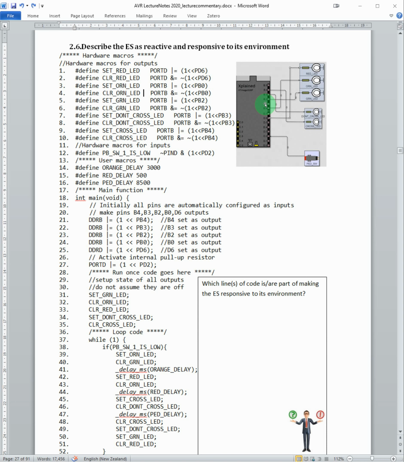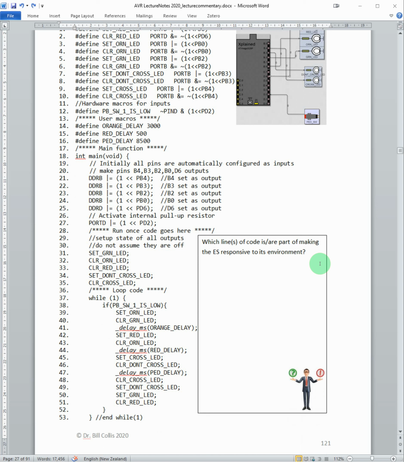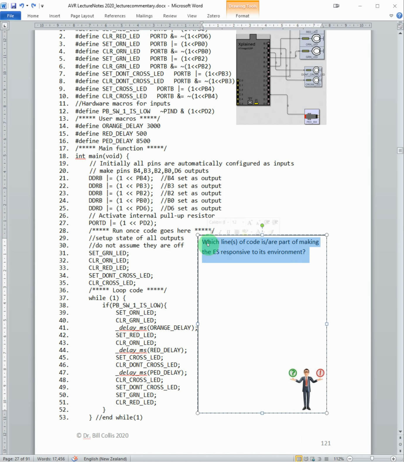Think about some of those really complex, not pedestrian crossings, but traffic light systems that have multiple inputs. To be reactive and responsive, the system has to check them all the time. So how does this happen in software? Well, what parts of this code are really important to checking to see if our system is responsive to its